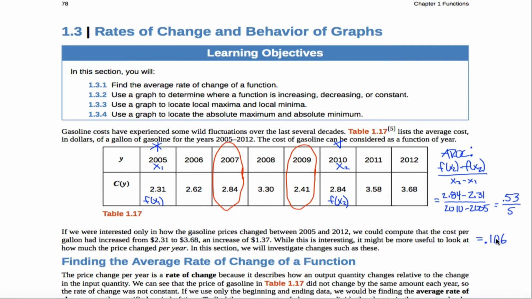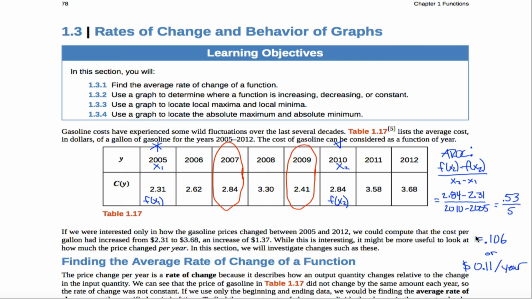And so note that it's positive, unlike the previous example. The units would be dollars per year. So it's $0.106 per year, or you might want to round it off and call it 0.11 per year. I think either of these are acceptable answers, and hopefully the question would make it clear what